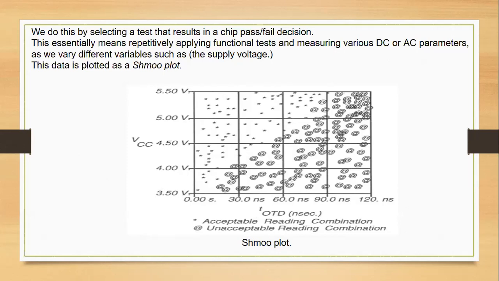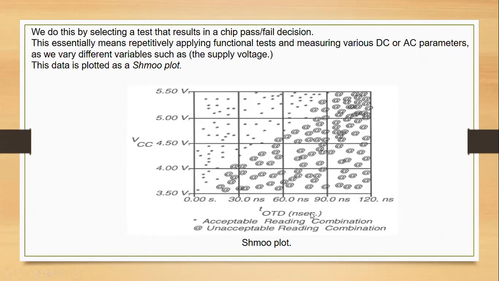We have been discussing that to check whether the test has failed or not, that is, whether the result from the circuit is pass or fail, the decision parameter should be known, right? So for that case, we have a Shmoo plot which represents the measurement of an AC circuit or DC circuit, whatever the parameters may be. So we'll be checking based on the supply voltage and with respect to time.